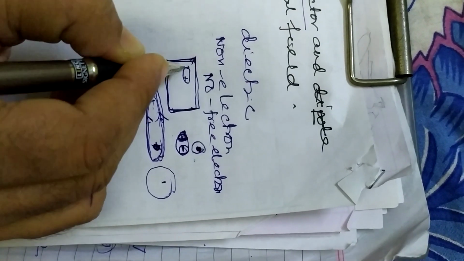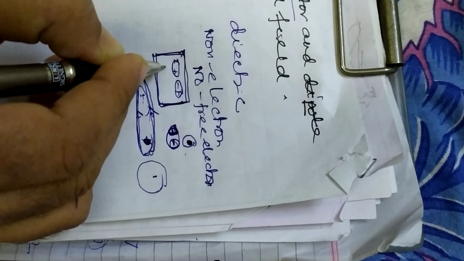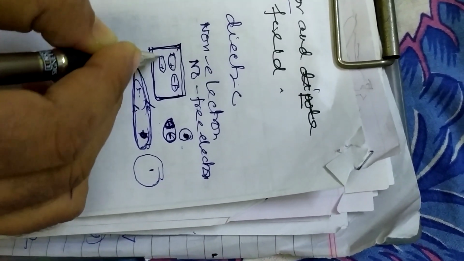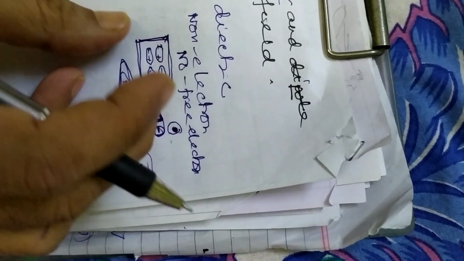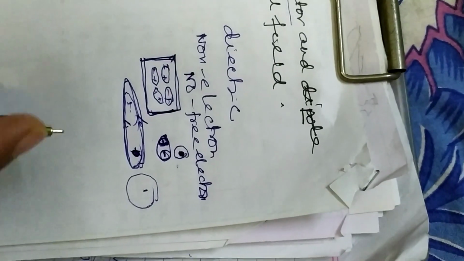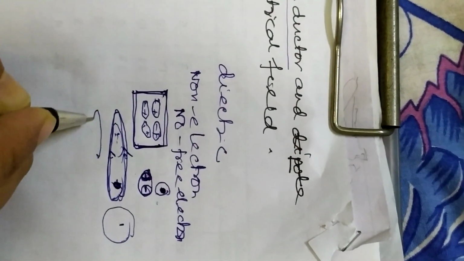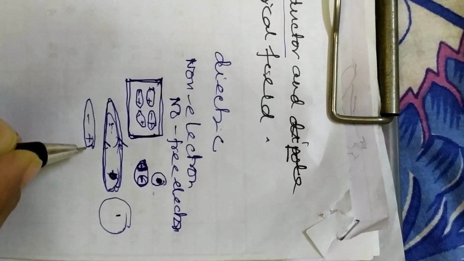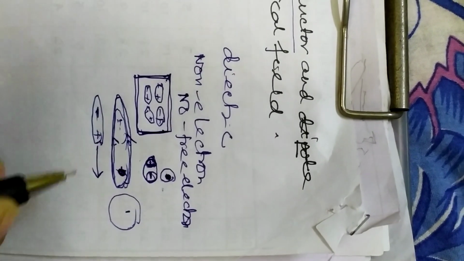Okay, this one and this one is a dipole, and this one and this one is also a dipole. In this way the dipoles will be oriented in this way. So this is called polarization of the dipoles. Okay, this polarization is a vector, like a dipole is a vector. So the dipole vector is like this. This is positive and negative. It will always have an axis in this way in the case of a dipole.